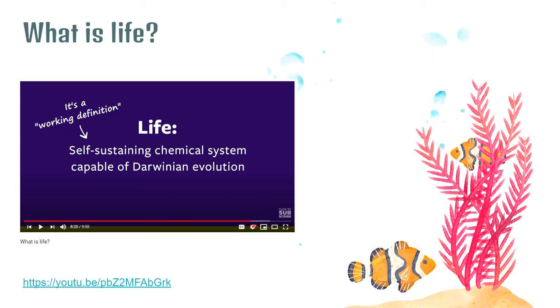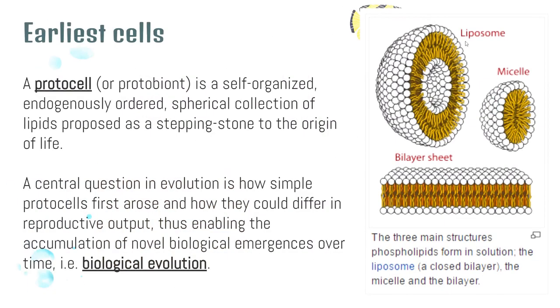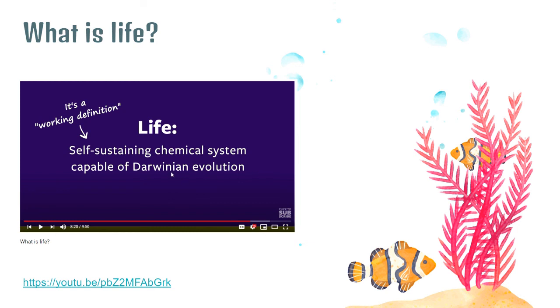Now watch this video, and this is their working definition of life. This one is actually from NASA. They define life as a self-sustaining chemical system. You're familiar with chemical system. We mentioned this. Capable of Darwinian evolution. That is the simplest definition of life. Self-sustaining chemical system: it can create its own cell membrane to separate it from the world around it, and capable of Darwinian evolution, capable of surviving through natural selection. That is, in the purest essence, the definition of life. Now, to learn more about it, watch this video from Stated Clearly. I'll provide the link in the description below.